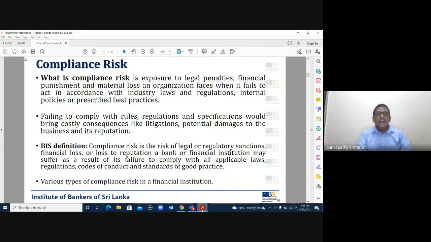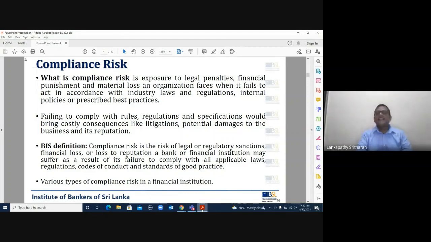There are some regulations the financial institution has to follow. If they fail to follow those requirements, they are supposed to pay. The failing financial institution needs to pay some punishment or penalties for the FIU requirement. In that scenario, the financial loss may be a small amount, maybe 1 million or 2 million, but it may create a huge reputational risk to the particular